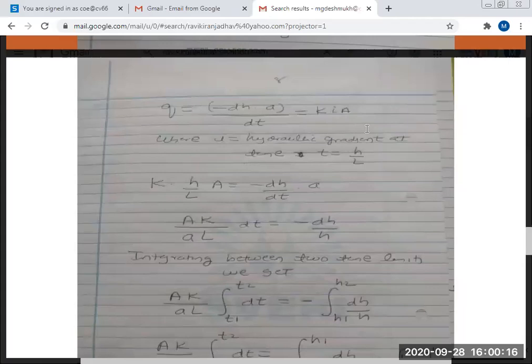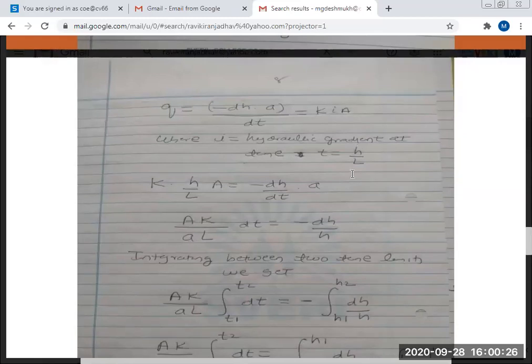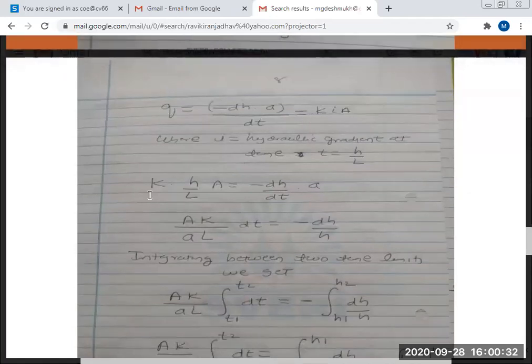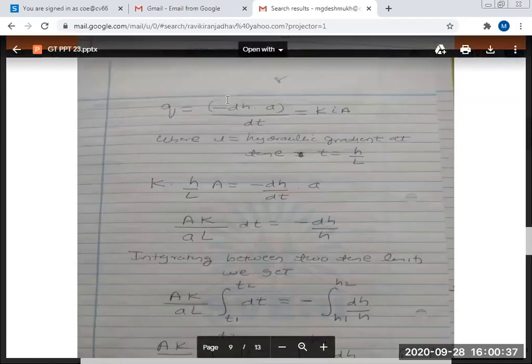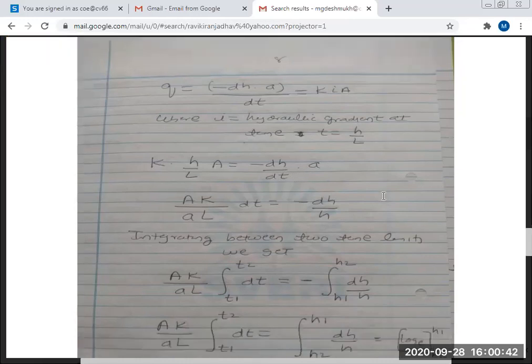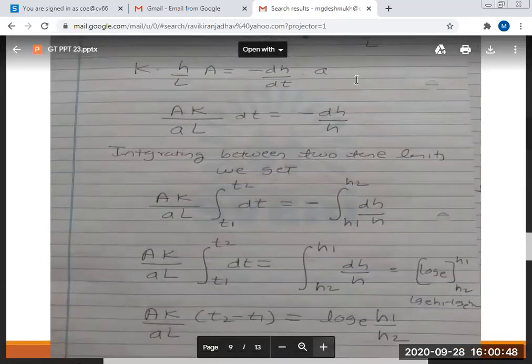This is equal to K into I into A, where I is equal to hydraulic gradient at time t, which is equal to h by L. I क्या है? हाइड्रोलिक ग्रेडियंट है, it is given by h by l. ये तो मालूम है आपको. तो अब हम सब वैल्यू सब्स्टिट्यूट करेंगे यहाँ पर. केयरफुल डेरिवेशन देखो आप. K की जगह K वैसे रहने दो, I की जगह h by l gradient, A की जगह A as it is, and this LHS becomes now RHS, that is minus dh by dt into small a. I hope this step is very clear to you. कोई स्टेप नहीं समझ में आया तो पूछो.